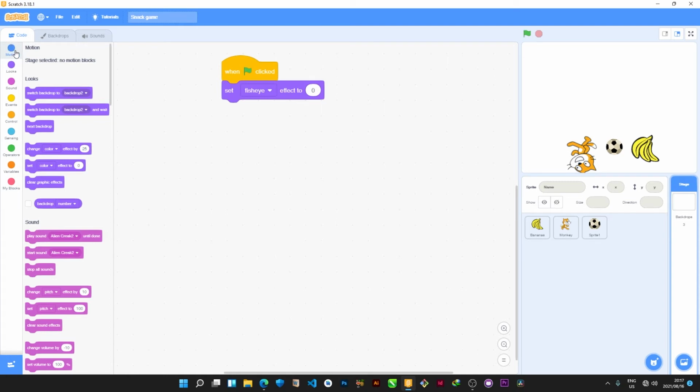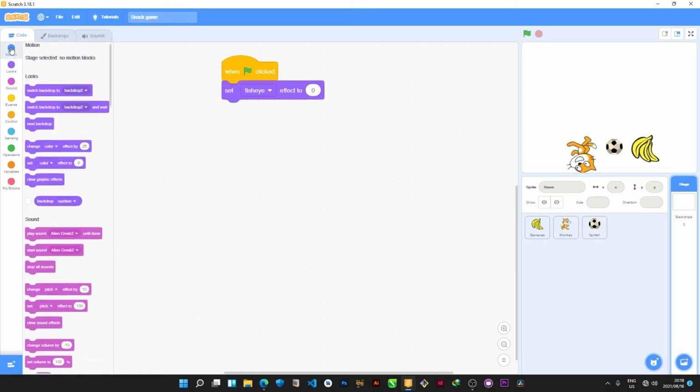So we want to start with this one over here, which is called motion. If you hear the word motion, write this one. Motion simply means movement. In other words, this is the area where you are able to see all the code blocks that relate to movement. Okay,